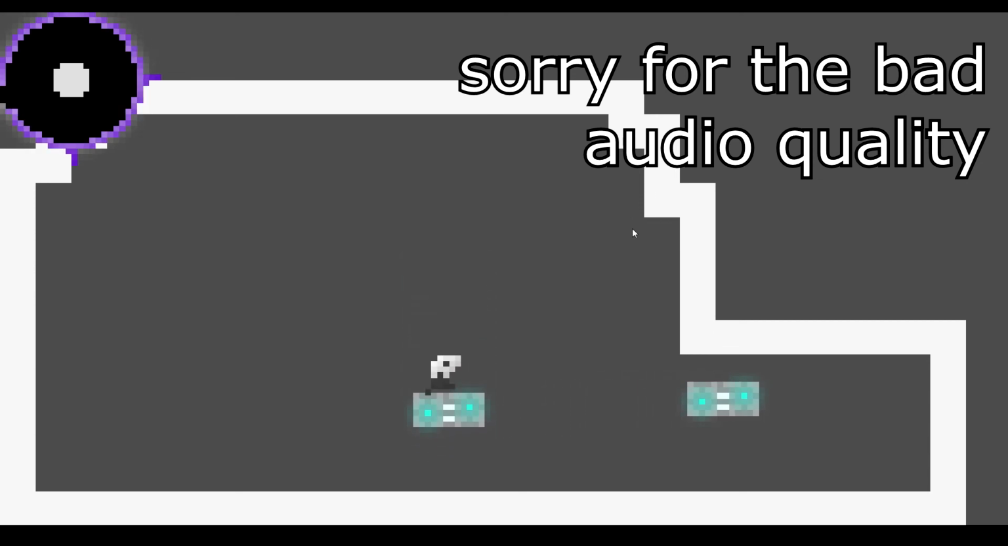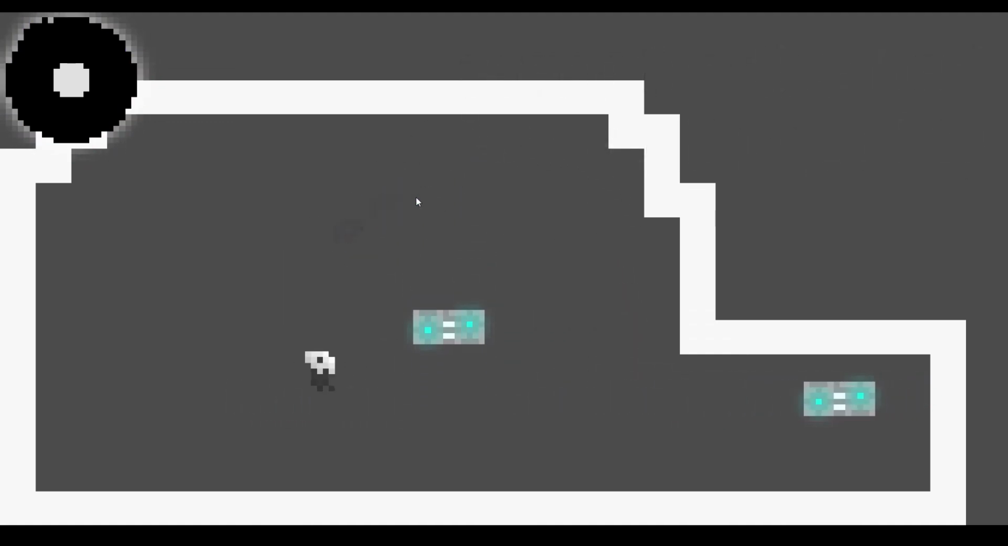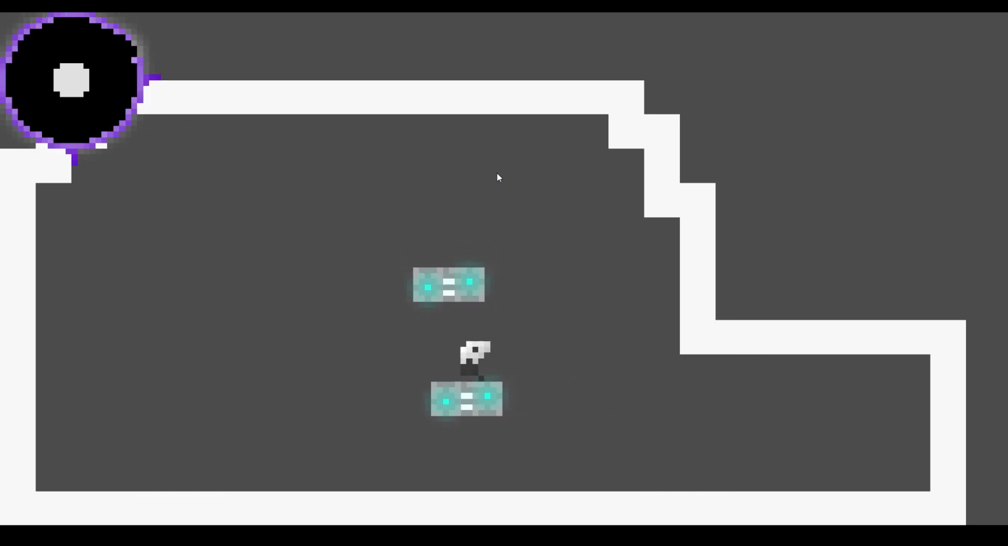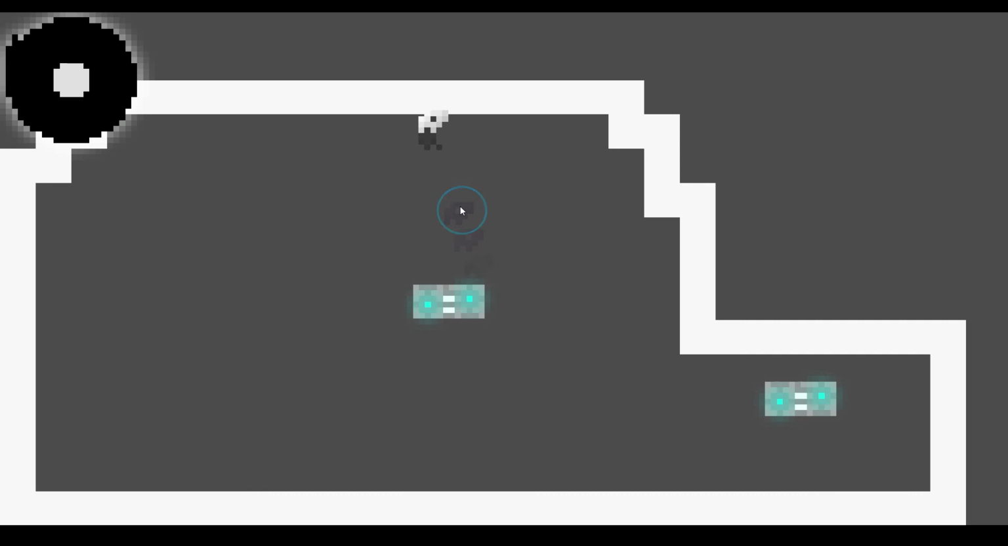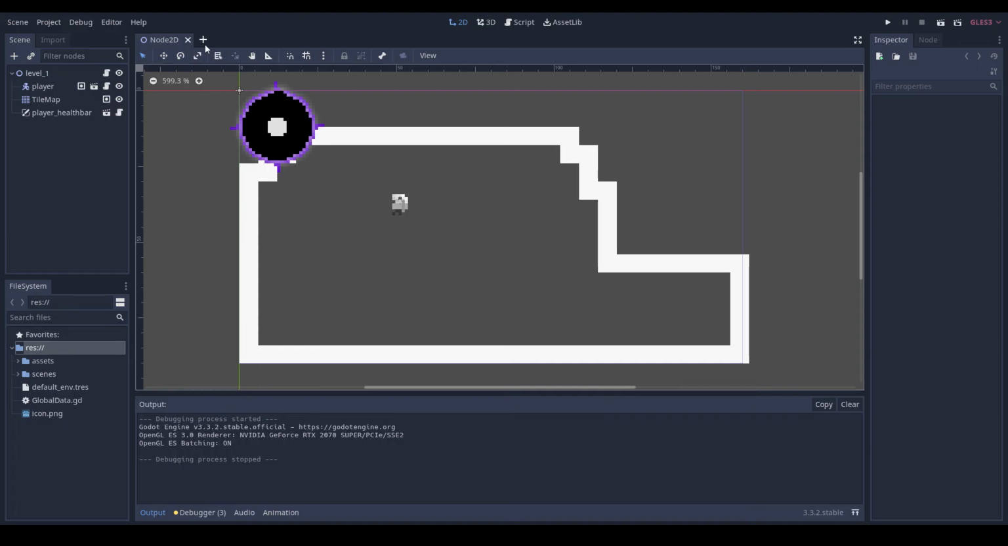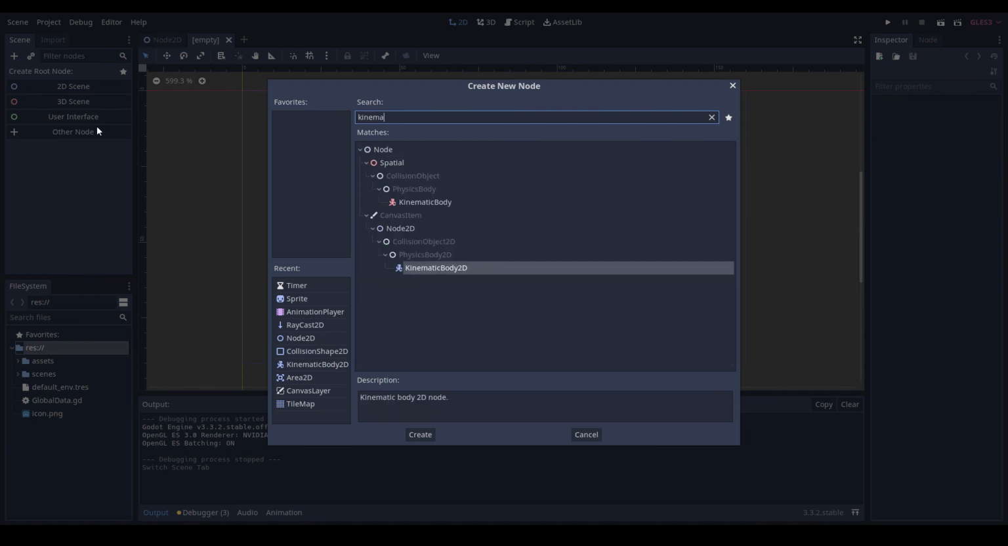In this video, I'll be showing you how to create moving platforms that we can add into the game, and it's a little time consuming to make them, but overall they are pretty useful for platforming. Okay, so let's get started by creating a new scene of a node, and this will be a kinematic body